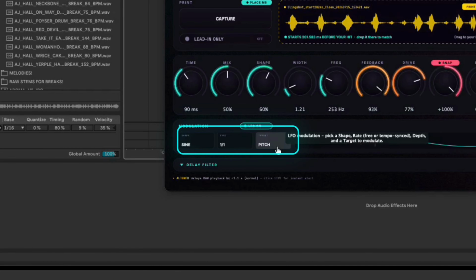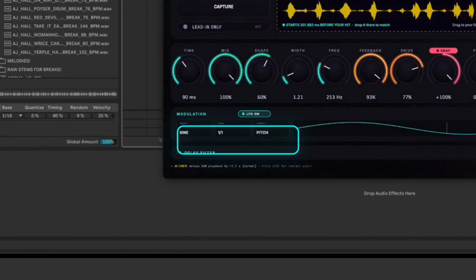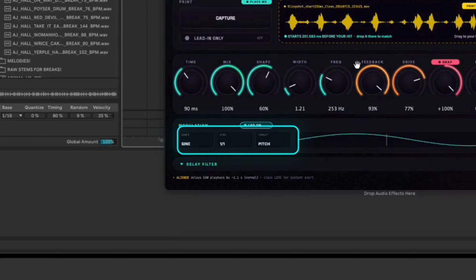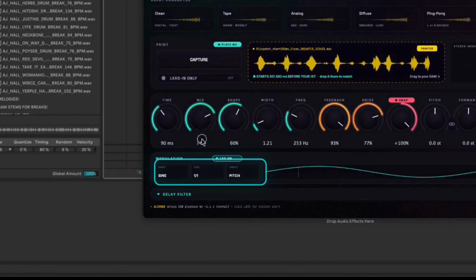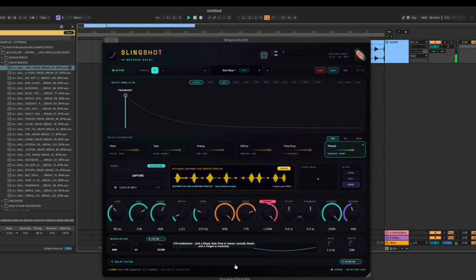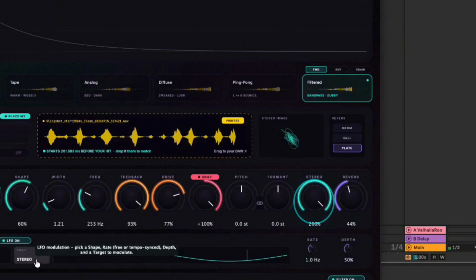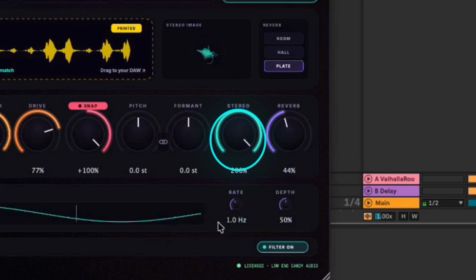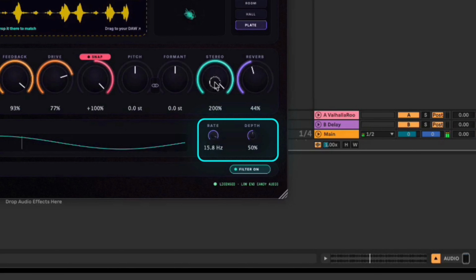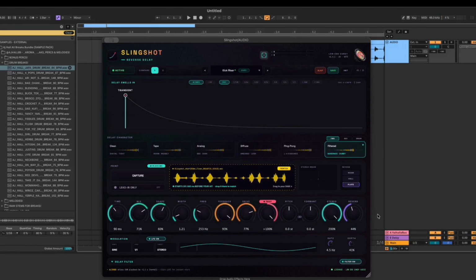So pitch is a pretty cool one. Filter, so we can add some movement to the filter down here. Or the stereo image. Then we can also control the rate and the depth. So pretty intuitive, some very cool controls here, and some very unique sound design and foreshadowing tools that previously we've